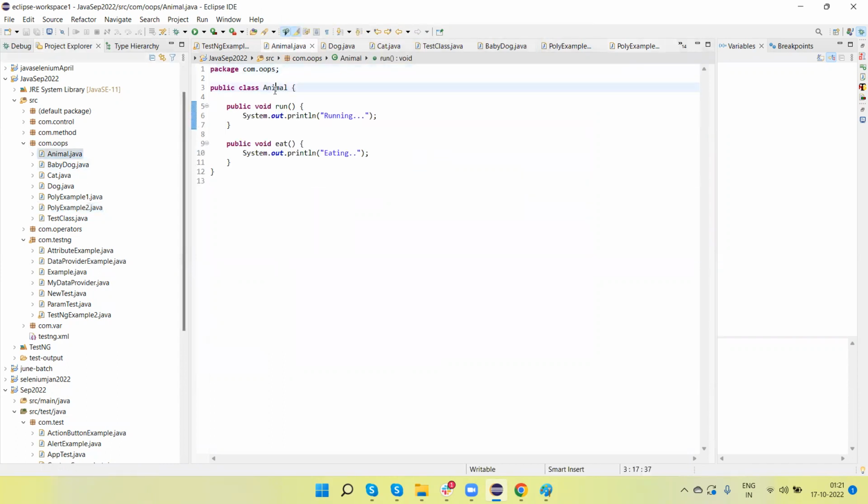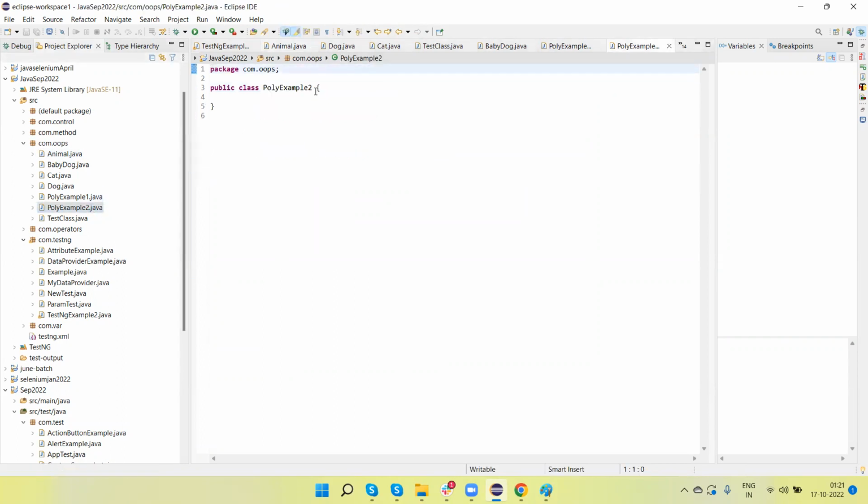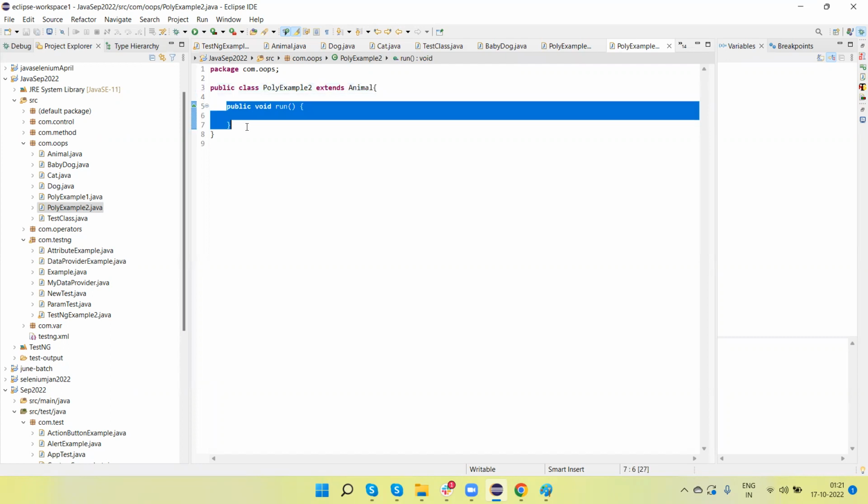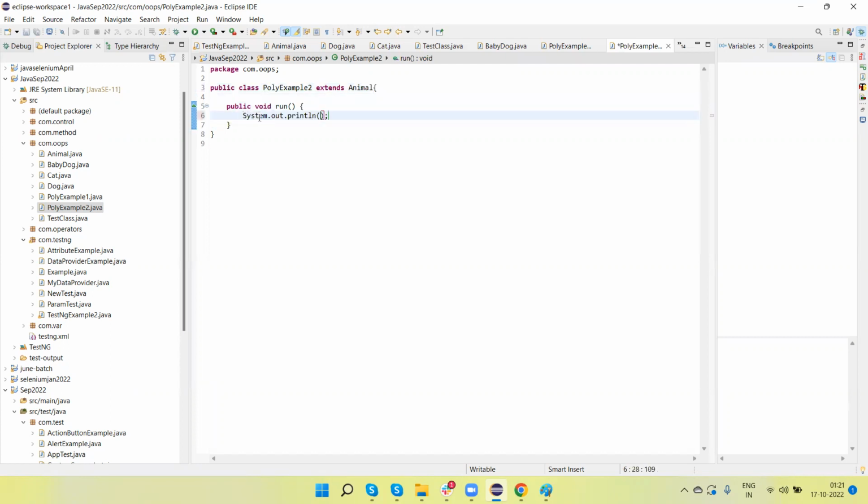Okay, suppose that we are going to define a child class, like here, this polymorphism example 2 extends the animal class. Here we define a method with the same name, like run. There is a chance that the common methods available in the parent class,